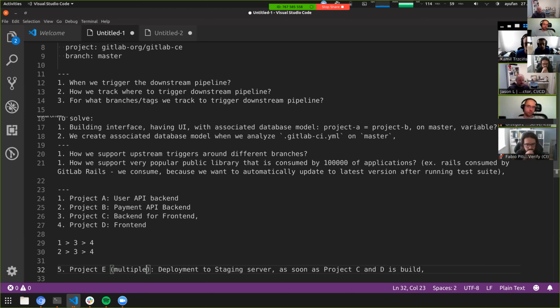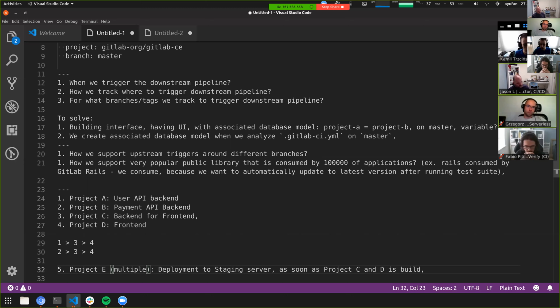But on the staging deployment, we always are going to use, for example, master of the project, because this is something that we want to do. And another use case: let's say it's being triggered from the bottom. You push a new version of project A, the new API backend, and it triggers project C, which reruns all the tests against the new backend, and it triggers project D, which reruns all the tests on the new backend.